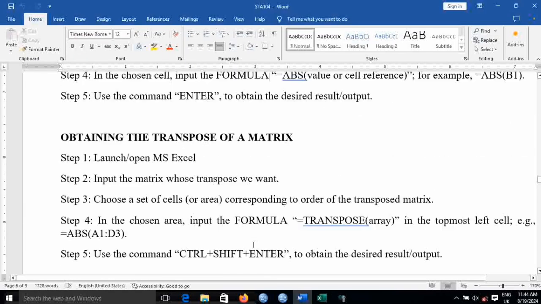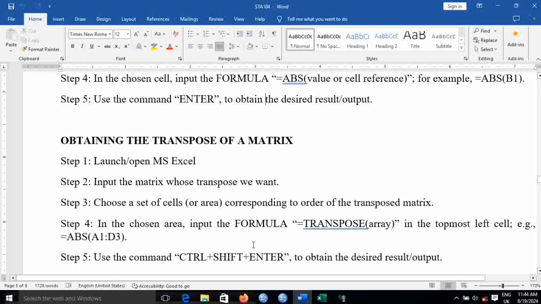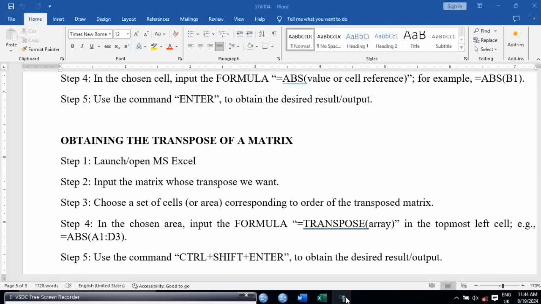This routine is to obtain the transpose of a matrix. How do you obtain the transpose of a matrix? So let's see. To obtain the transpose of a matrix, all you have to do in Excel, to obtain the transpose of a matrix in Microsoft Excel,